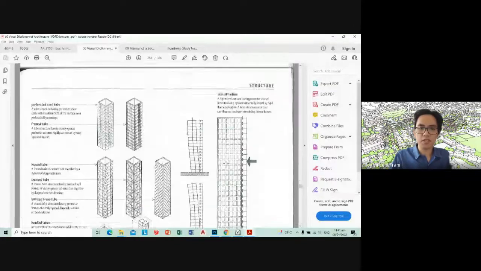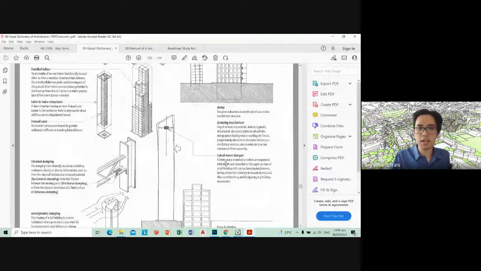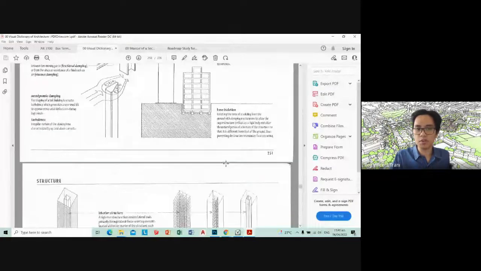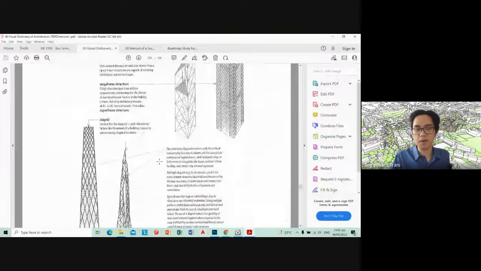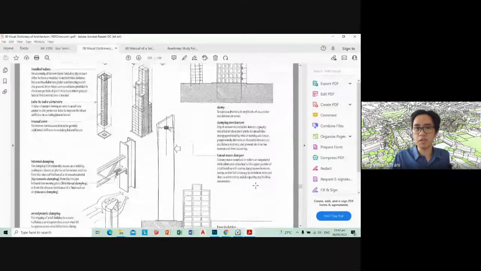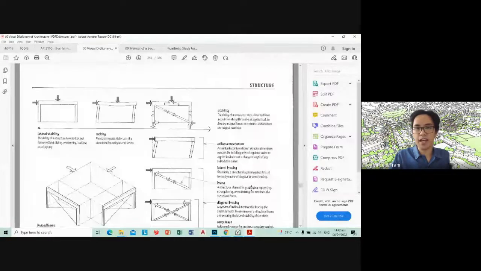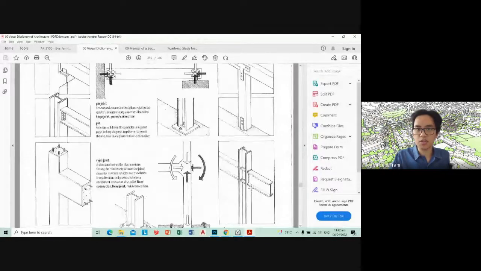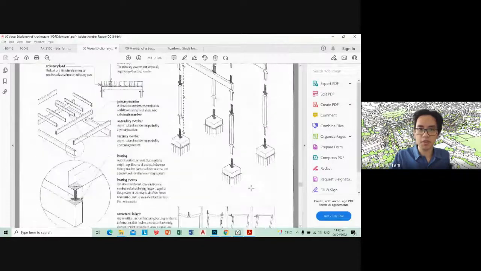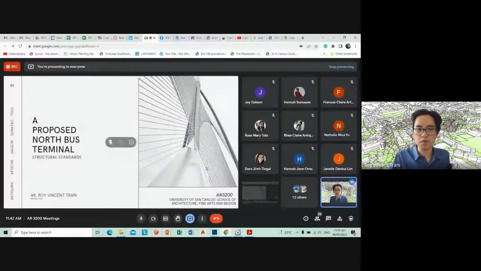And then my big question here is that the presentation was so focused on different structural types, it didn't give us things that we could use for the bus terminal. So just for the benefit of everyone, simple post and lintel construction like columns and beams will work. Cantilevers, you might want to apply it, but as stated earlier, the weatherproofing section was good. It stated minimum roof eave lengths, etc. And it said there that the roof eave should be like 18 to 20 inches maximum, I think. If you go to the weatherproofing part,